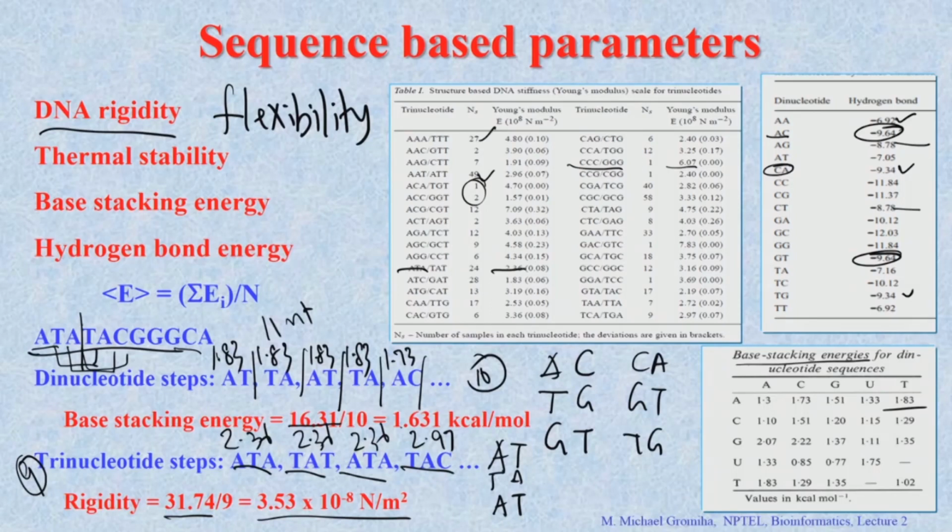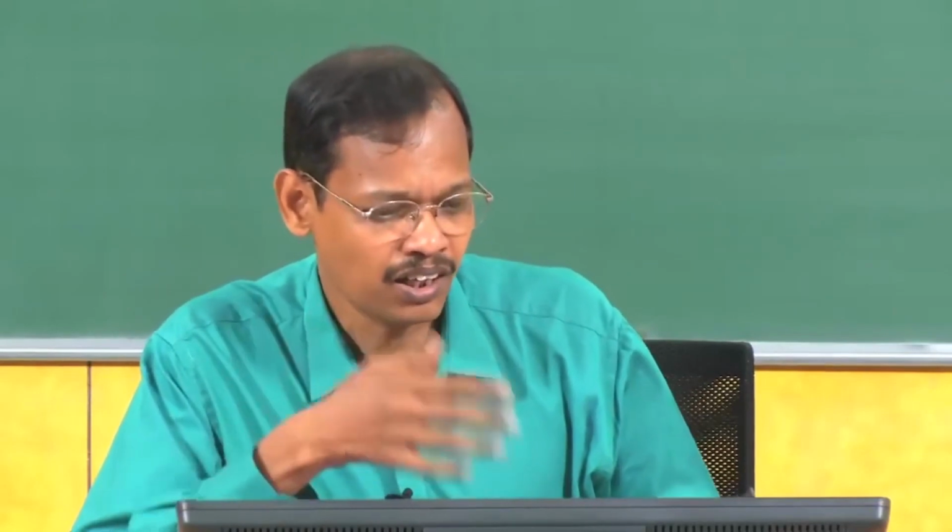So, divided by 10, this will give 1.631 kilocalorie per mole. Right. So, now if you have a set of sequences, you can calculate the values and you can compare the sequences: which sequences are rigid, which sequences are flexible, and what about different types of energies. And from this you can calculate various structure-based factors, or whether this region is able to interact with